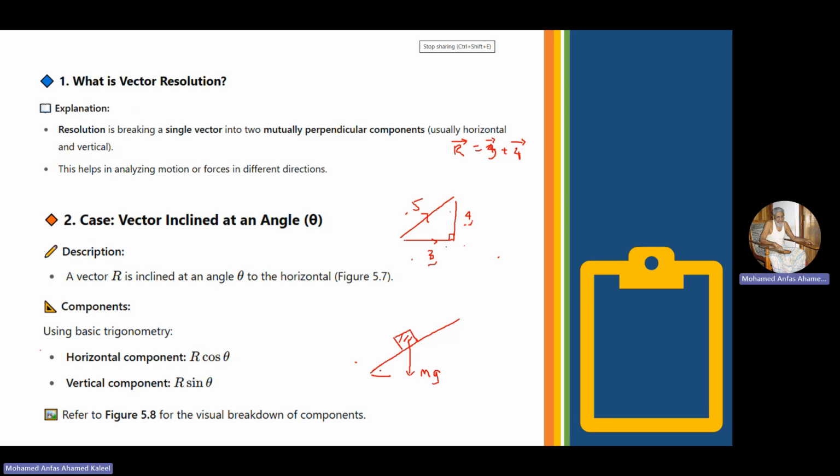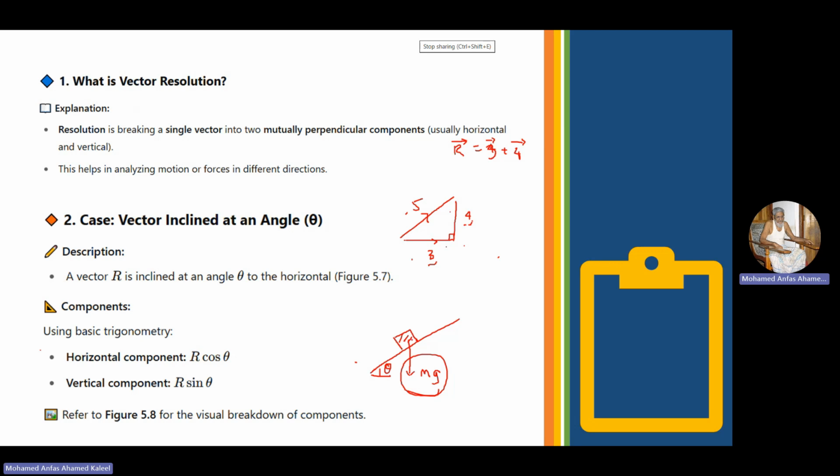This one is, let's say, the slope is theta. The mass is placed on the slope. The slope is having an angle theta with the horizontal. So in this case, this mg, we can